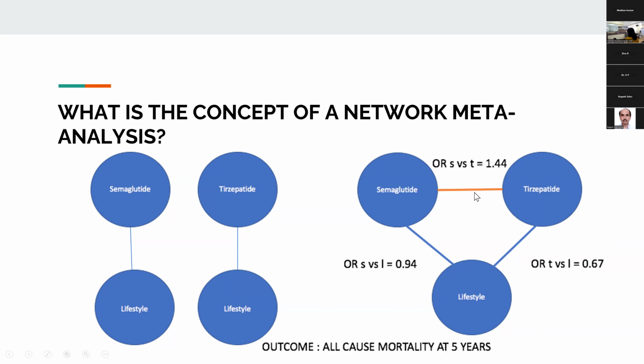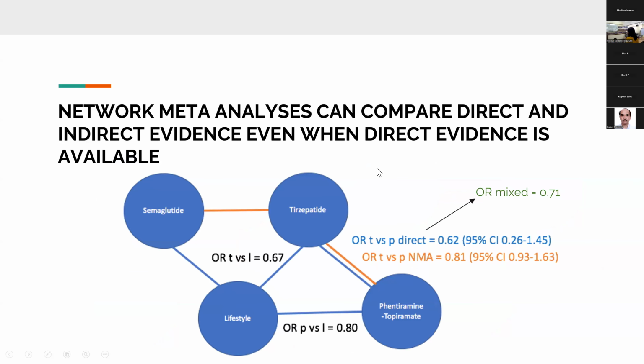Now, we don't have any RCT that informs tirzepatide versus semaglutide. This is just a hypothetical example. So, we are able to mathematically calculate from these two arms an indirect odds ratio, which will come out to be 1.44. Now, the good thing about a network meta-analysis is, say you had, now I'm going